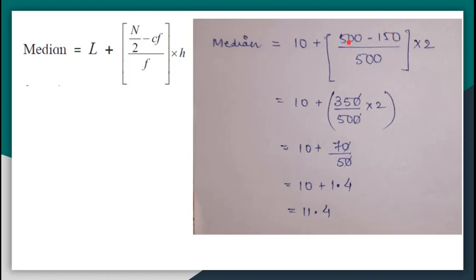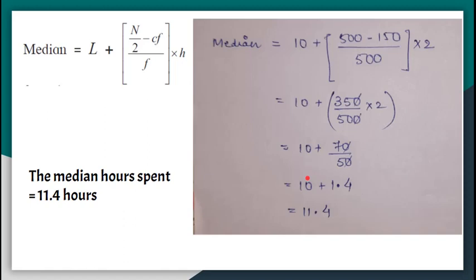तो bracket में क्या है? पहले आप ये subtraction करिए, it is giving you 350 divided by 500. Okay, and then you have to multiply it by 2. So this is a calculation. सब multiplication division में ये मैं साथ में कर सकती हूँ. Please see, you will first solve this completely. ये पूरा solve करके मुझे 1.4 मिला. Only after that you will do the addition of 10. So first solve this entire bracket and multiplication. Whatever you get, only then you will add it to 10, and 11.4 becomes your final answer. So the median hours that have been spent are 11.4.